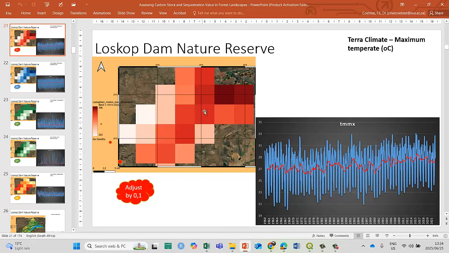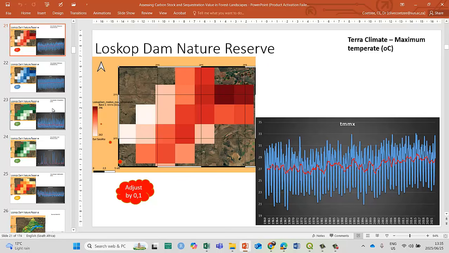There you can see on the northeastern side is the warmer, and the southwestern side is the cooler temperatures. Not by much. 26 to 29, about 3 degrees difference from the northeast to the southwest, from this area to this area. So this obviously is much more towards the tropics. This is more towards inland, colder. We can obviously look at height and all these things to see how this affects it.